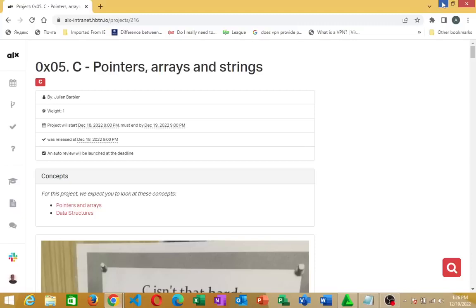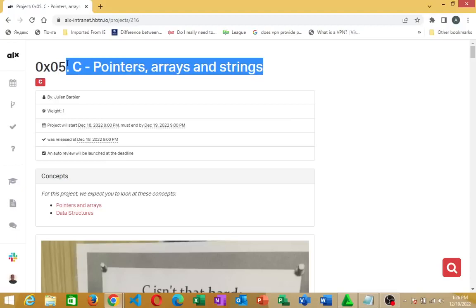Alright guys, welcome to the YPA Connect channel, and we are going to be looking at this project 0x05C pointers,